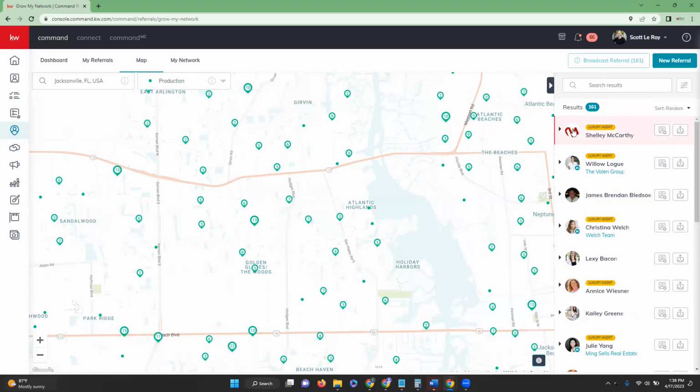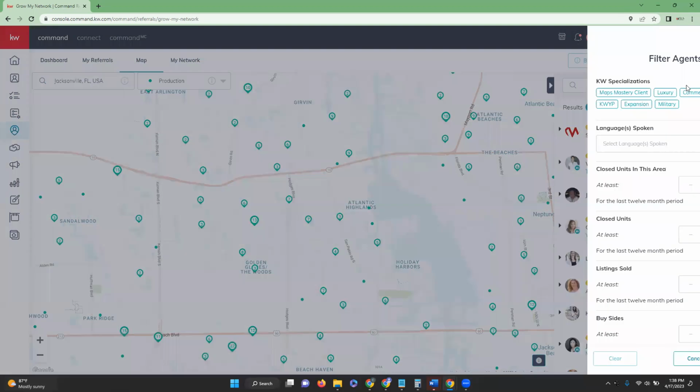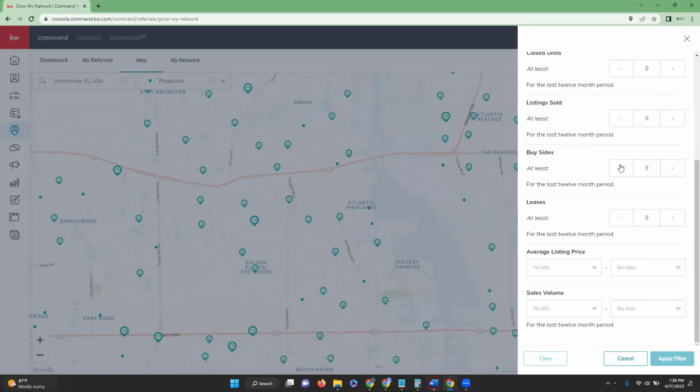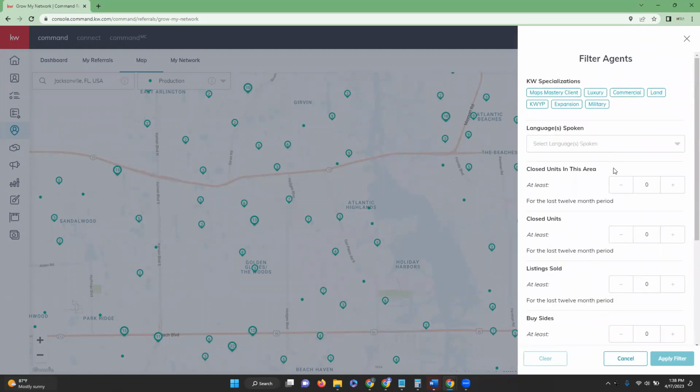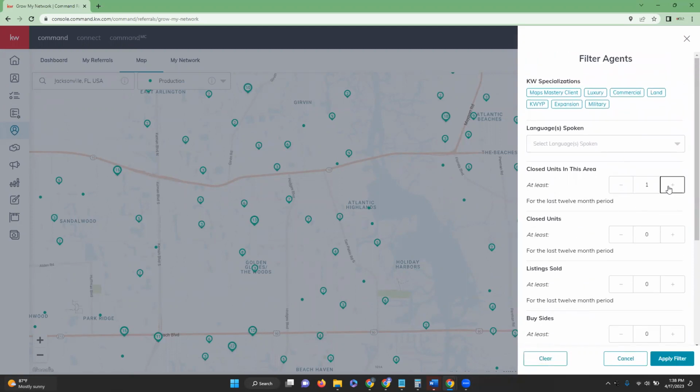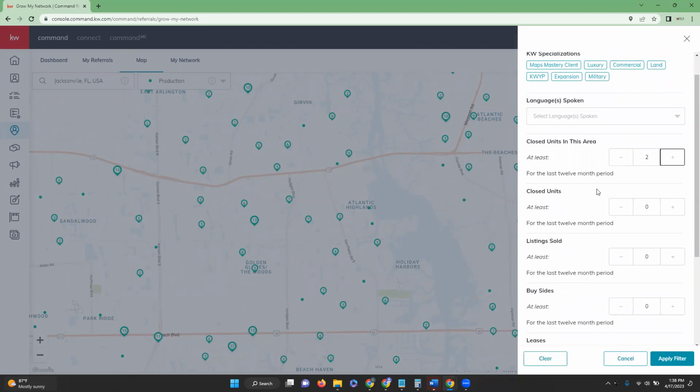Now, if we wanted to send a referral to multiple agents, we could do so by clicking on the broadcast referral button. Right now, you see that we are unable to, and it's because we have too many agents showing. So how we can change that is by going into the filter option to the right-hand side. And you're able to filter to the type of agent that you are looking for based on their stats, their area, anything like that. So if we wanted an agent who has closed 2 units in this area,